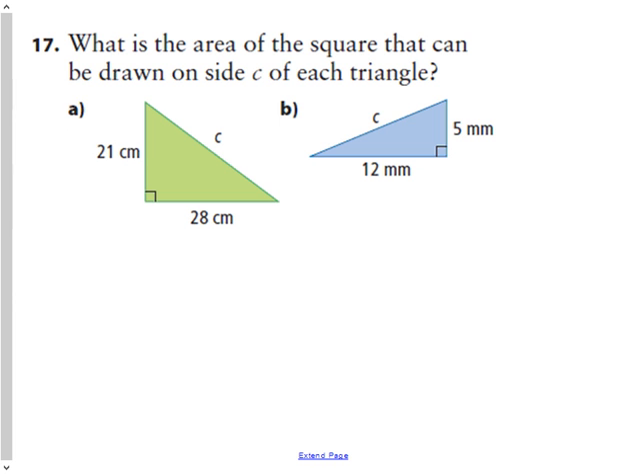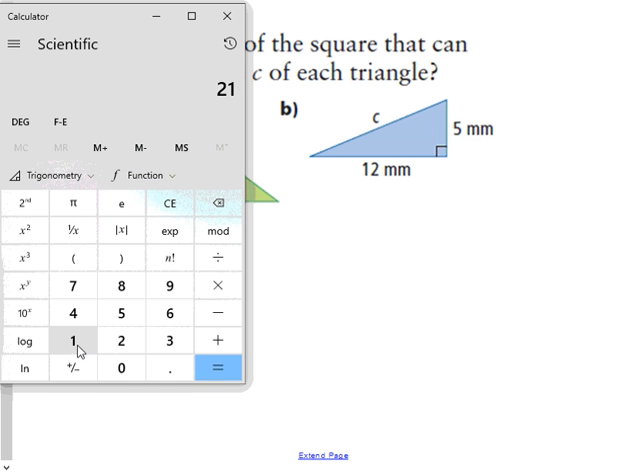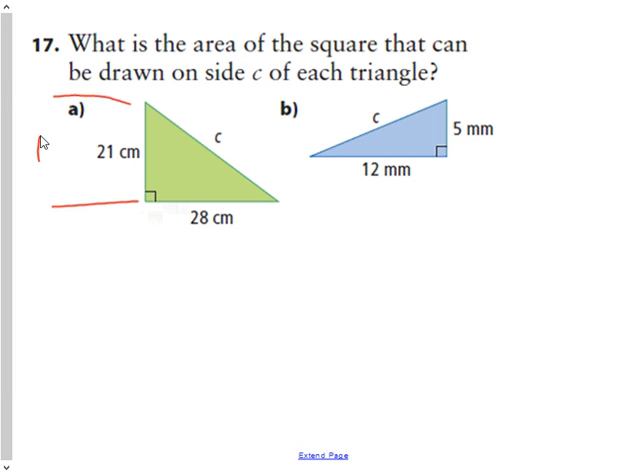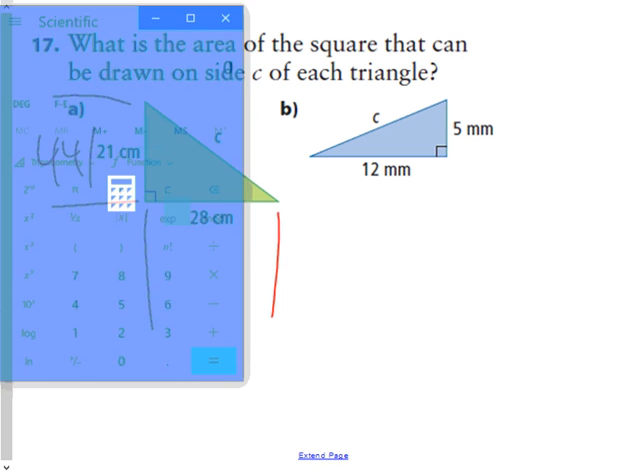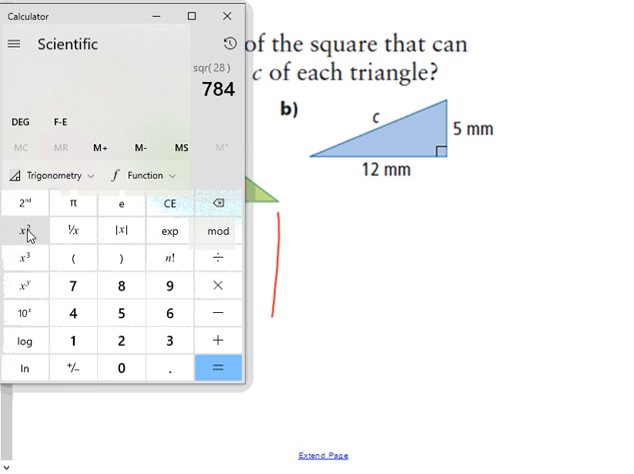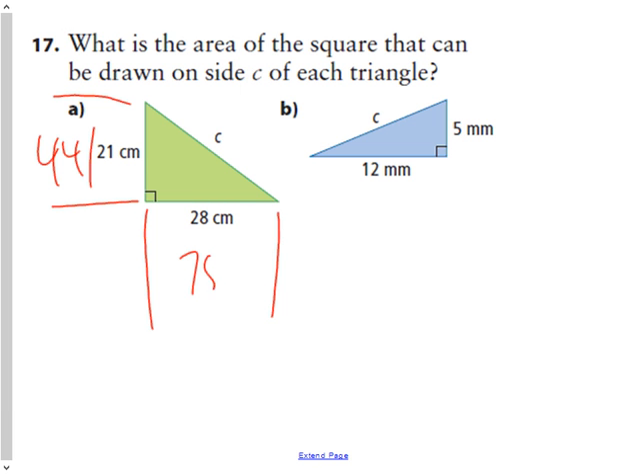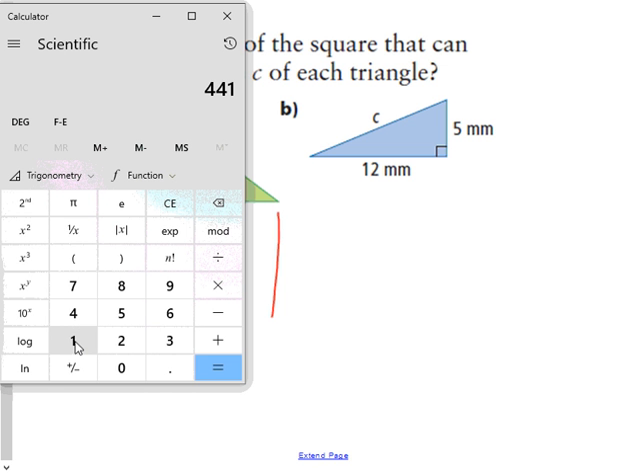I think I skipped 16. Question 17. What is the area of the square that can be drawn on the side of C? So this one here, 21 squared. Grab my calculator. 21 squared is 441. 28 squared would be the area of this one, which is 784. So 441 plus 784 is